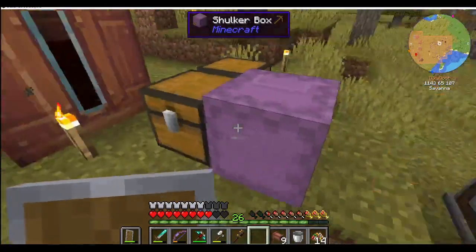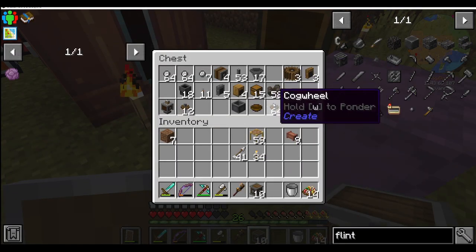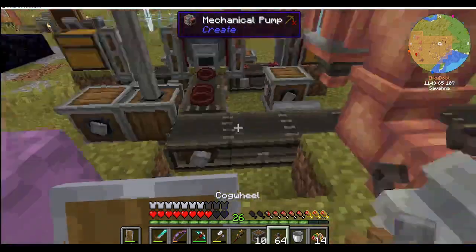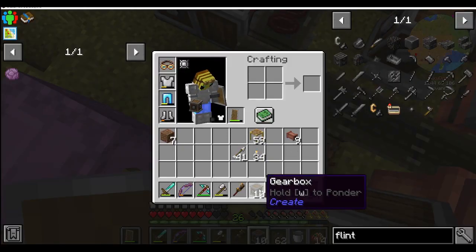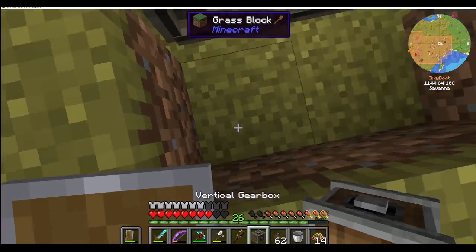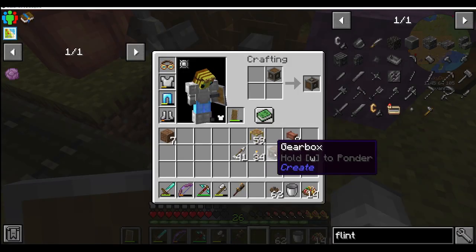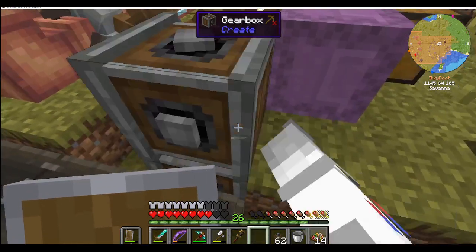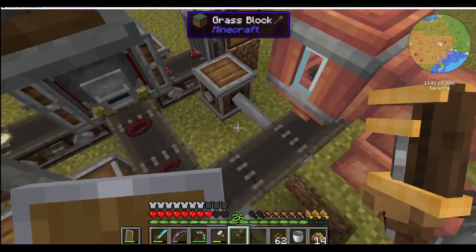Because then what we're going to do is, if I've got enough gear thingies, which hopefully I do, cool, that and that. So then we want to have you, 1 and 2, and then we're going to go up and up. So attach there, turn the gearbox round again, attach there. Now, when we turn it all back on again, it hopefully